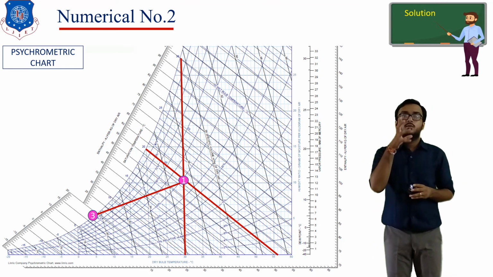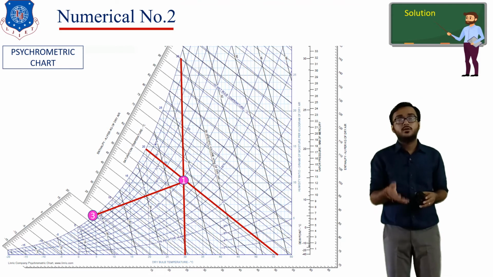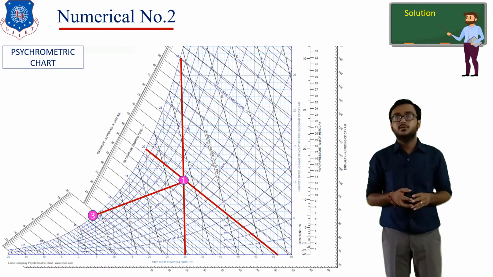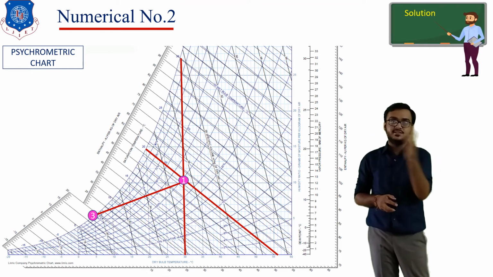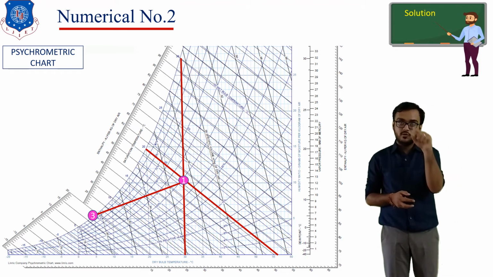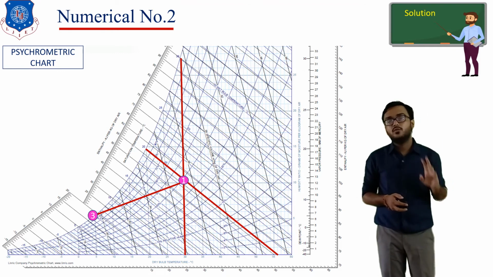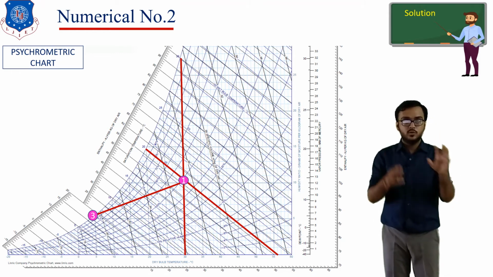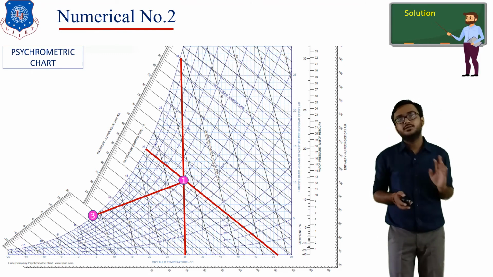Now we have to find the different parameters at outlet. Let's say dry bulb at outlet. To find the dry bulb at outlet, we have a cooling coil capacity with us, that is Q. Q is equal to mass flow rate multiplied by enthalpy difference, that is H1 minus H2. We have the value of H1 from the graph, because we have point number 1. So we just need to identify the value of enthalpy and different parameters at point 1 and point 3, because both points are with us.